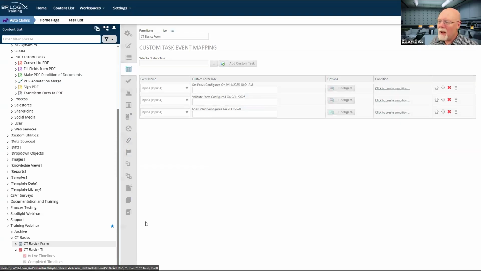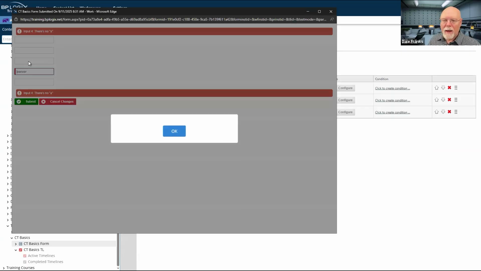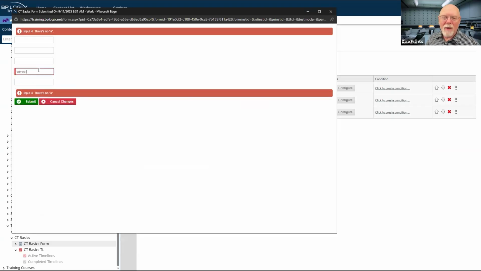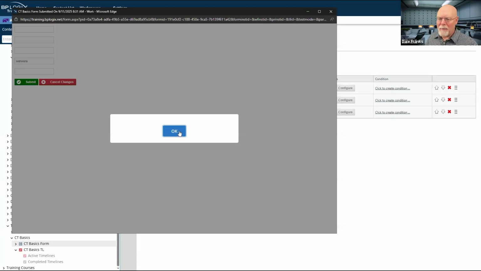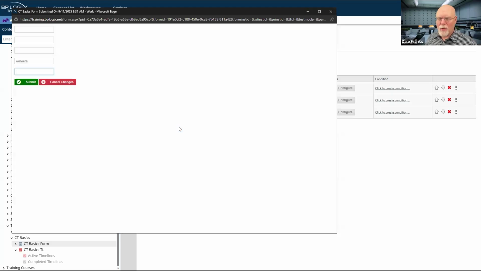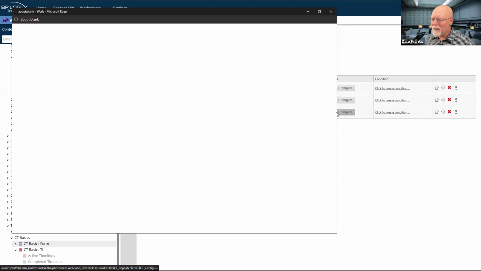Perfect. So this is great when I just need to tell people something is going to happen, or I just want to give them some extra information. So if I update and run, and I go here and I fill out that field, I didn't add an A, so it failed validation. And so let's add an A. Not sure why it's not giving me my alert text there.